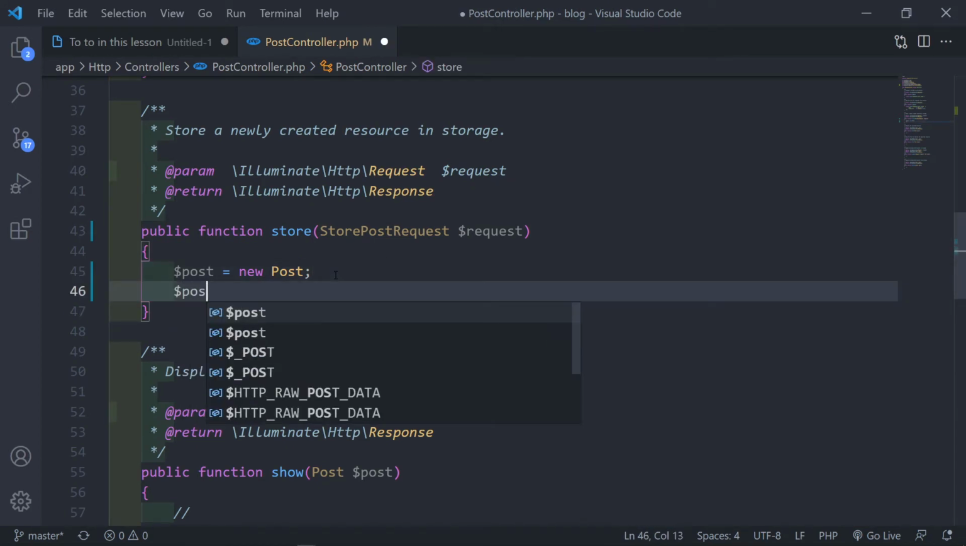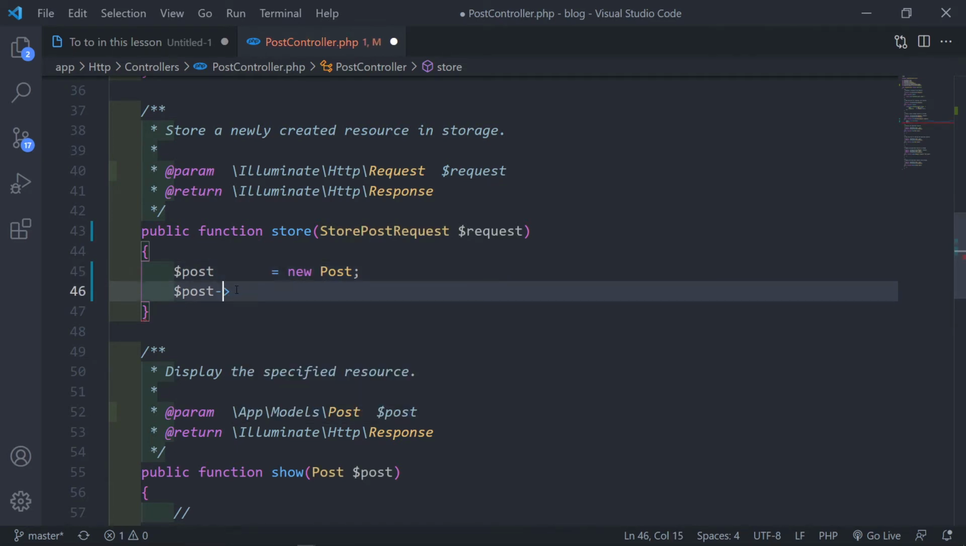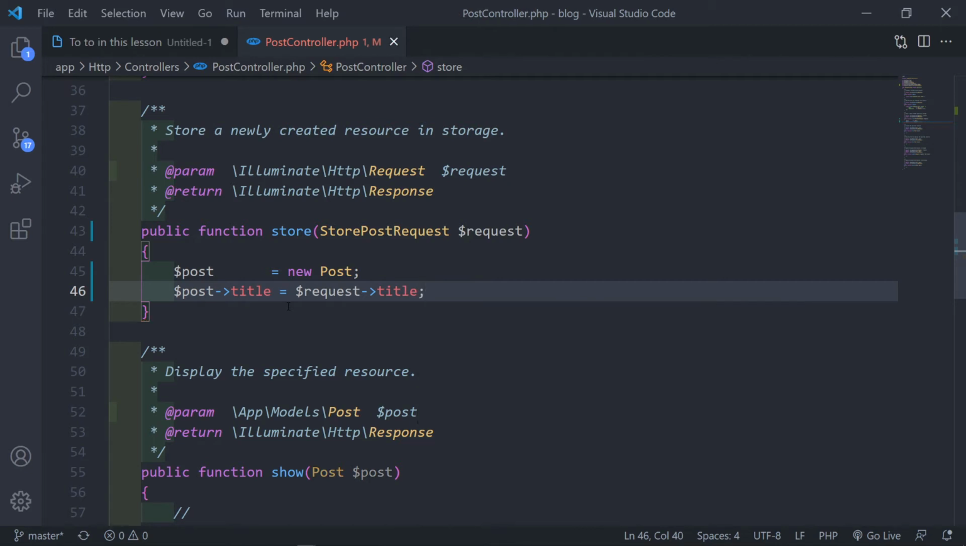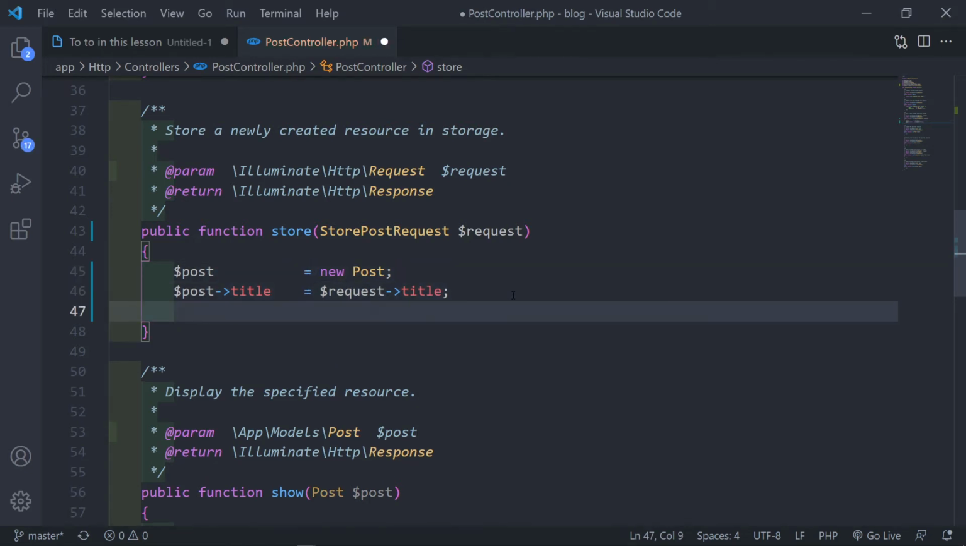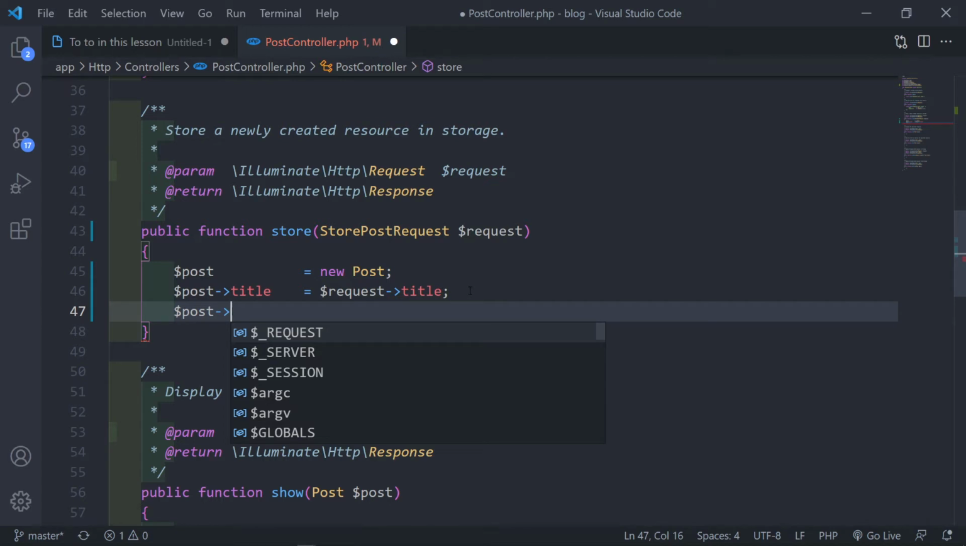All right, so we're going to do the post. Just put this up a bit. Post.title, that's equal to the request.title. All right, just move it a bit like this. And the post dot, I'm actually going to do the image right now,